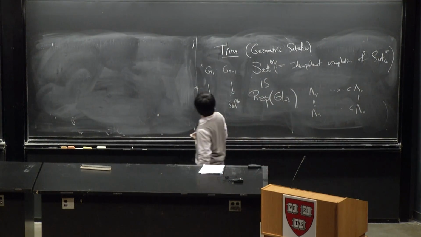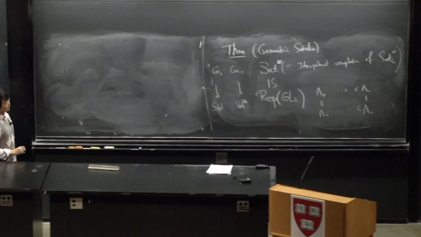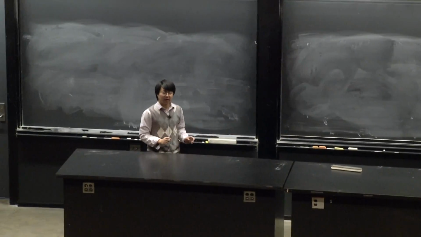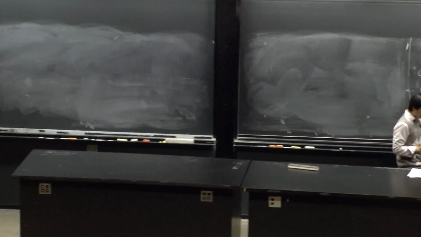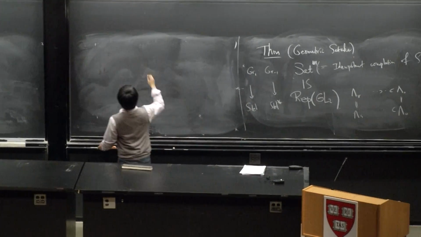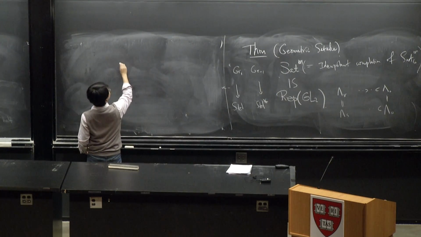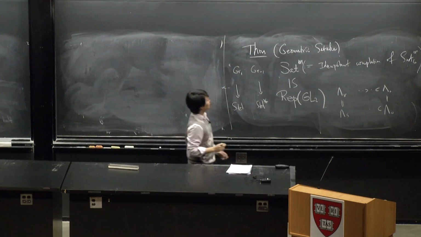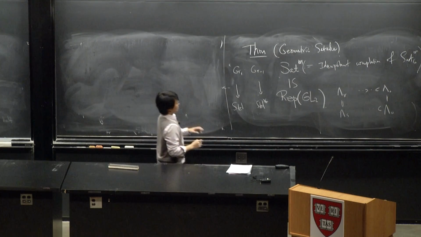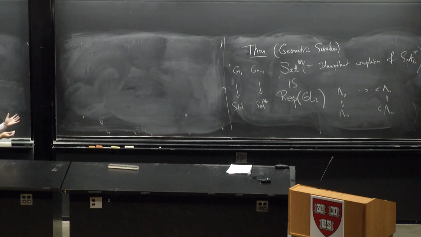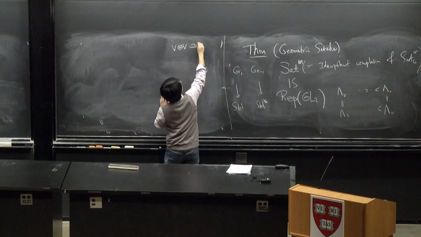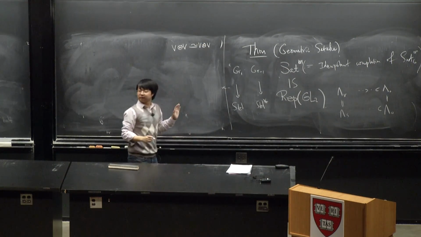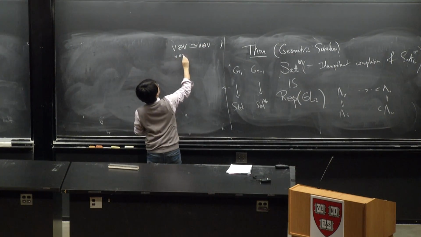Okay, so I'll explain one example of this theorem, a very basic example, but it contains already the basic idea of applications. So first of all, there are two things I need to say. First of all, we know the representation category is a tensor category. So in the representation category, there's a natural isomorphism V tensor V isomorphic to V tensor V, where you switch